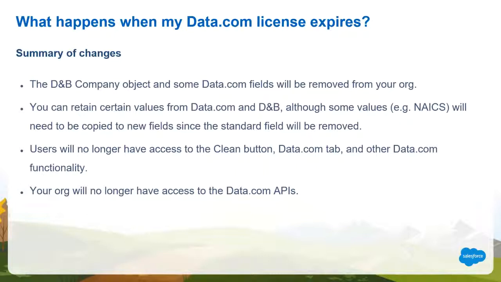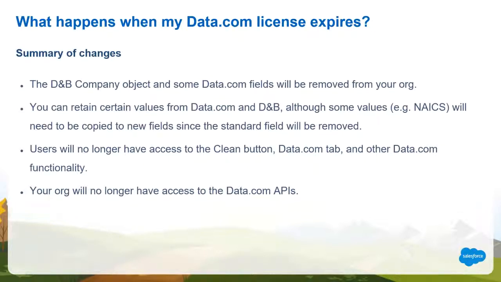Yeah, and this is actually the most important information to get out to our customers. Of course, I like talking about customers transitioning to Lightning data, and it has a lot of great benefits that are clearly, 100% based on customer feedback. But regardless of where you transition to, even if you transition to no data solution or a standard AppExchange package, there are some exceptionally important things you need to do in your org before your data.com license expires.